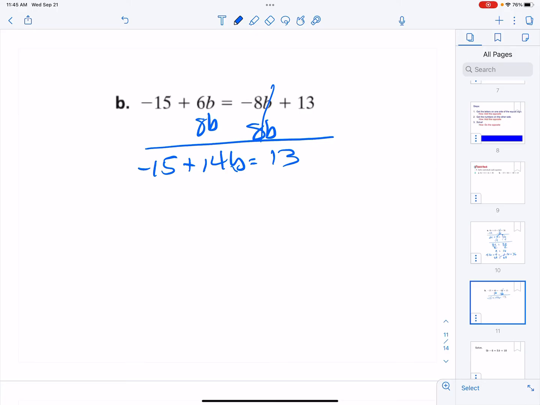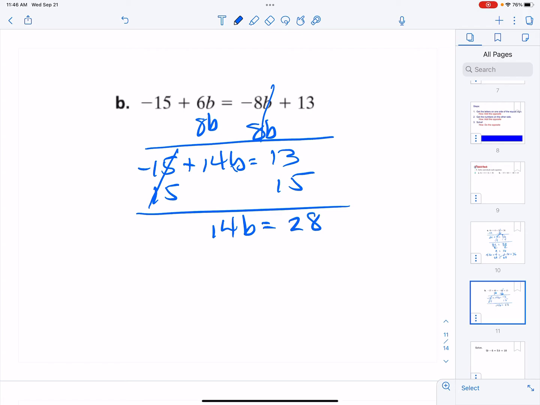Our letters are together. So now I need to get my numbers over on the other side. So I need to move that negative 15 over to be with the 13. So I'm going to add the opposite. So I have a negative 15, so I'm going to add a positive 15. And if I do it on one side, I do it on the other as well. My 15s turn into 0. I'm left with 14b on the left. And then I've got 13 and 15 on the right, which gives me